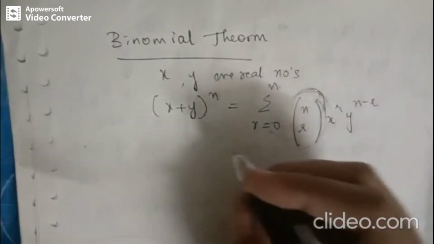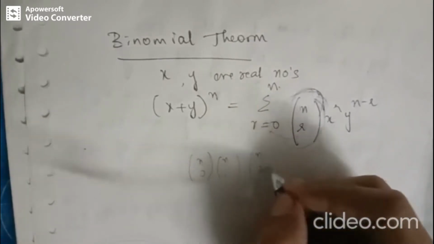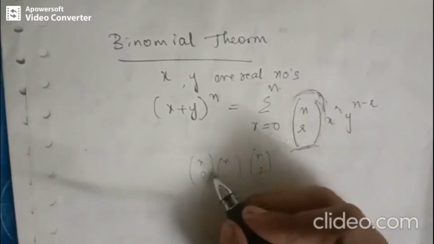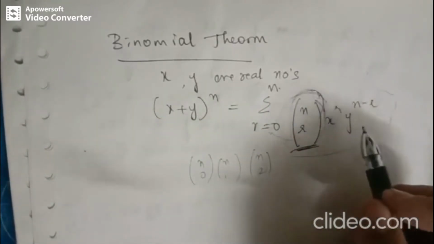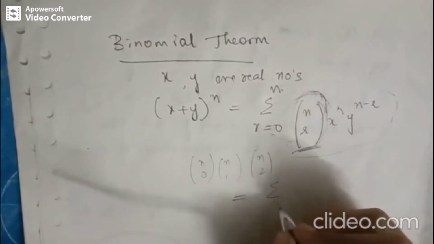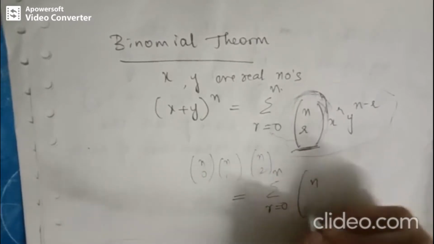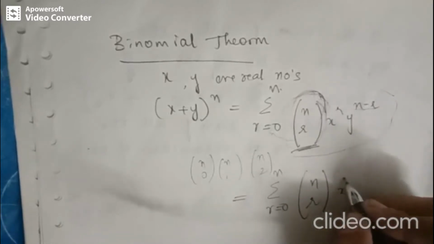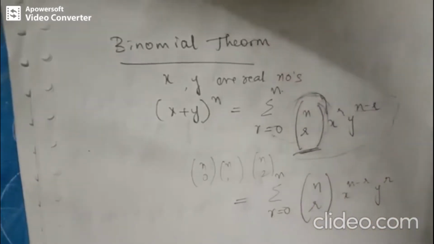The binomial coefficients are nC0, nC1, nC2. We usually denote this as the nCr term. So this represents the binomial coefficient, and this whole formula is related to your binomial theorem. And we can simplify this further by rewriting it as the summation of r equal to 0 to n of nCr. It can also be reversed. The powers can be reversed: x raised to n minus r, y raised to r. So I can also reverse this term.